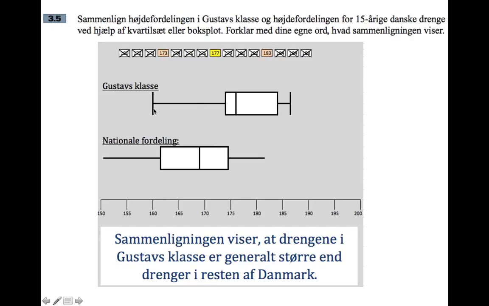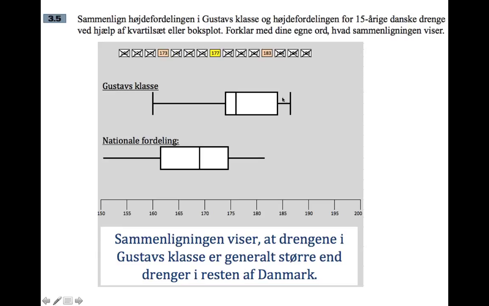So you've got the highest and lowest values, the highest at the top and the lowest values shown by the little sticks at the end of the line. And then the box is showing the median in the middle, so about 177, and then the lower quartile, 173, the upper quartile,